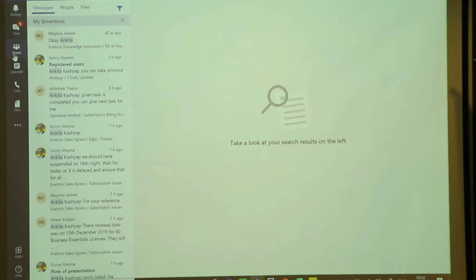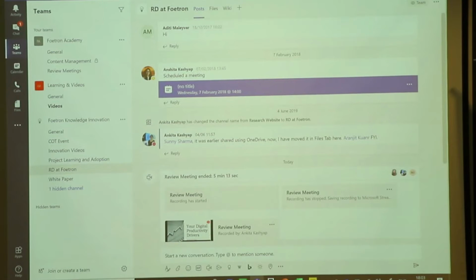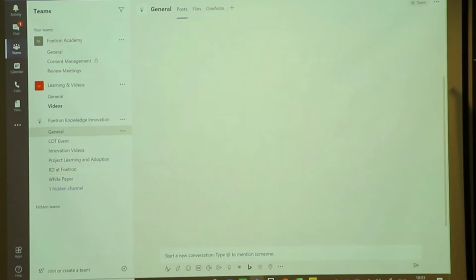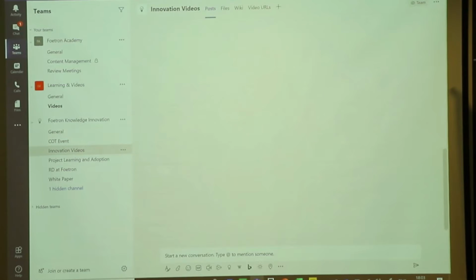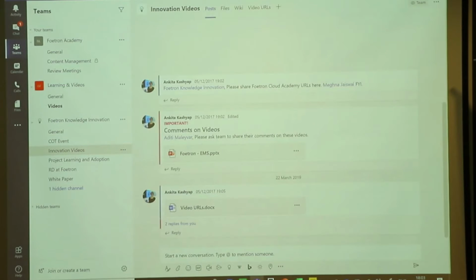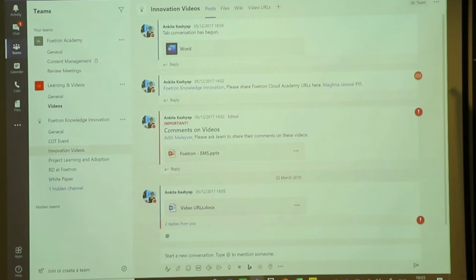Those messages are something I need to work on. Another way is if I go into Teams here, and this is the work I have given to my junior. Let's say here is a previous message, and I want Meghna to work on this. You can see that this is a message from 2017. I want Meghna to work on this. I can again tag her.